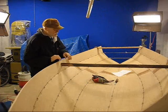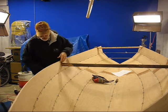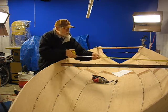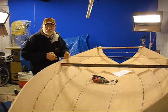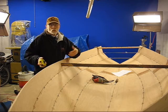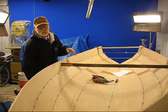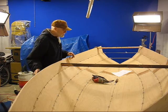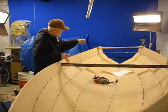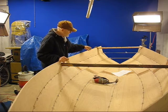What I've just put in is a cross brace to hold the beam at the 54 inches that I wanted. Right now it's just a hair over 54 inches, about 54 1/4, but usually I get a little bit of spring back effect when I take this out after I put the rails on. But a quarter of an inch one way or the other doesn't really matter. So I've got that in. That's going to hold my place down. I've got some bracing in the back to hold the transom in its place, and I've got